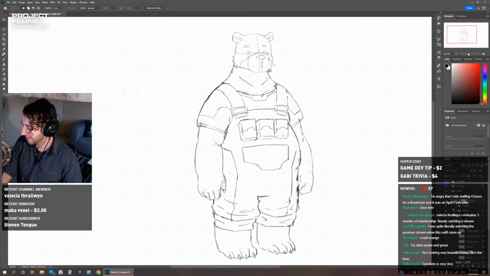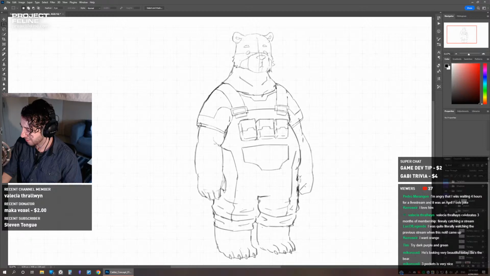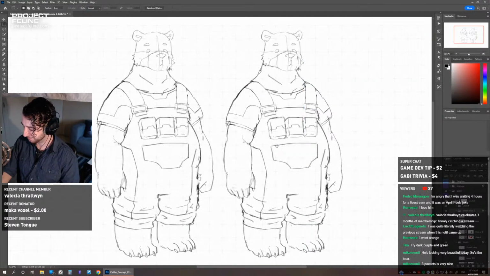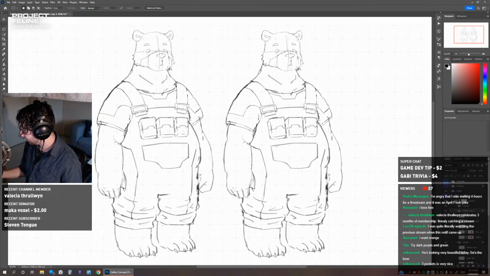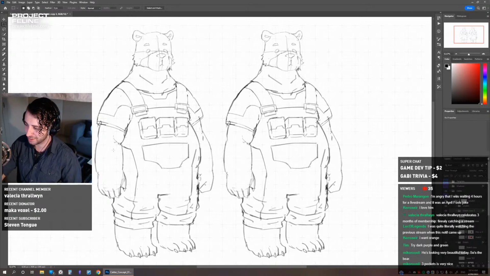Because every time I draw something new, I always think of some new detail to add or to change. So I want to do another pass of this just to try out another idea, because this is just the first iteration, so we'll see what else comes out. I'll try really quickly to change up the pockets a bit, so that we have something to compare with and see what we like. We might end up liking this the best, but I just want to try out something.